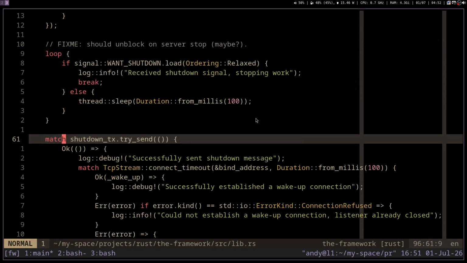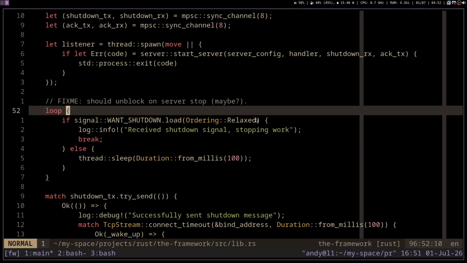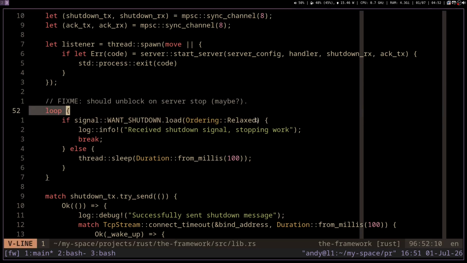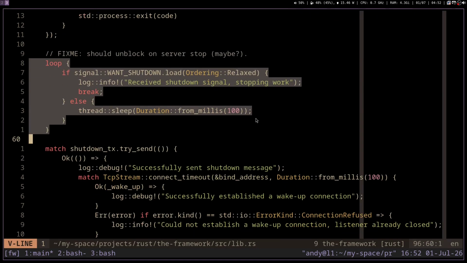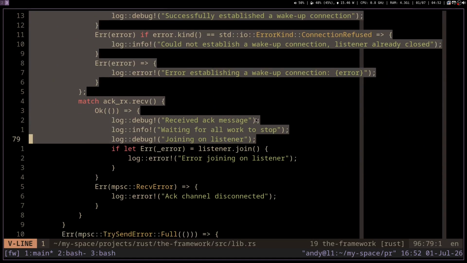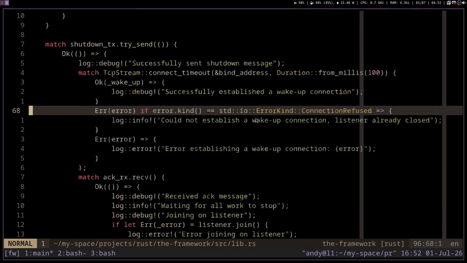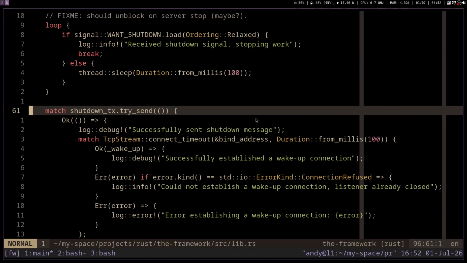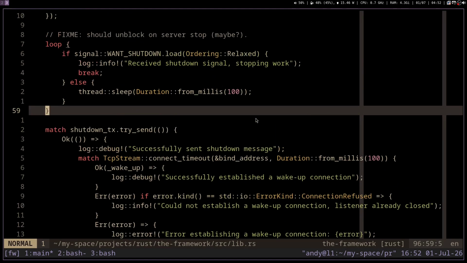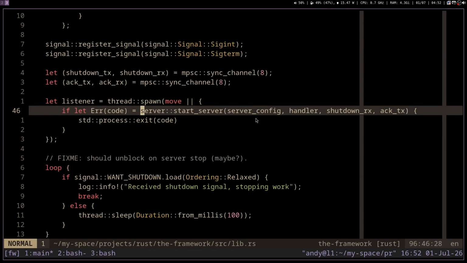And if there is a message from outside, like Control-C or sigterm, it unblocks from this loop and it tries to gracefully shut down the server. There. I'm not going to explain this logic because it didn't work very well when I tried to do that last time. So let's just look at the start server